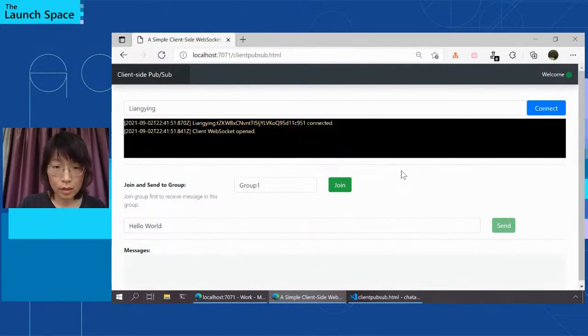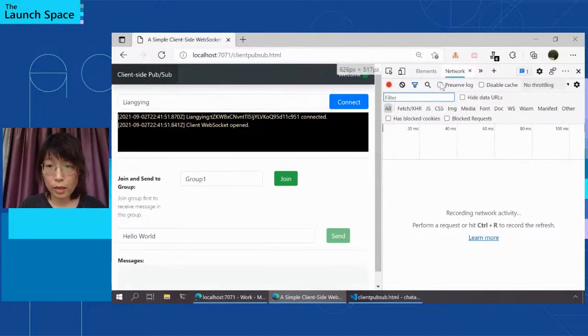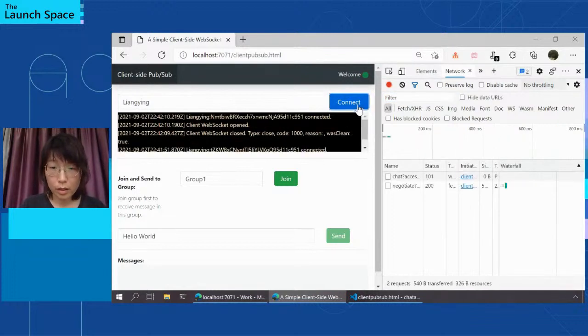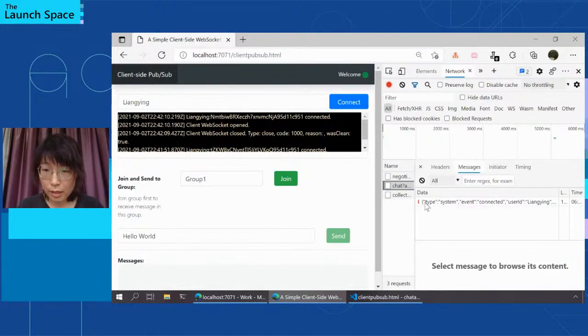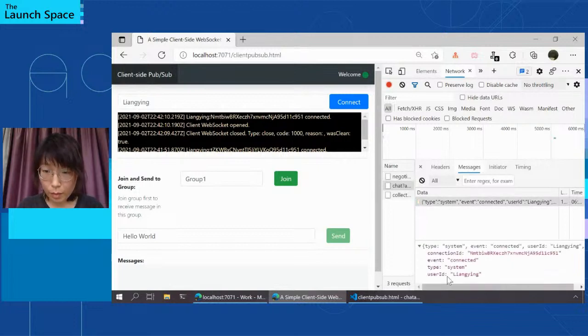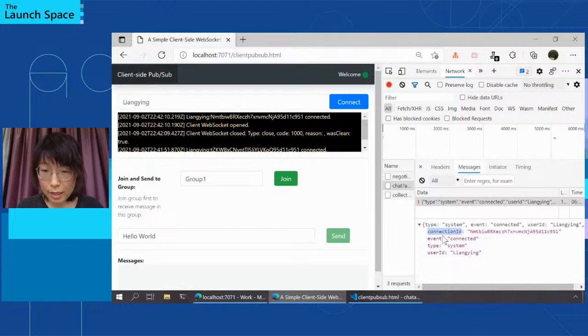I'm going to show you the network of this service. I need to connect again because I need to capture this WebSocket network. So you can see there's a downstream message from the service telling us the connection ID, the event, and the username. And when I click this join,